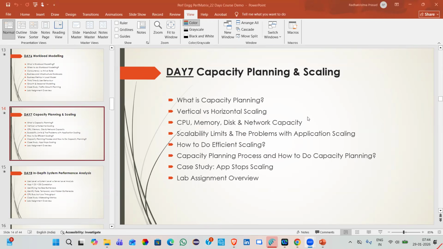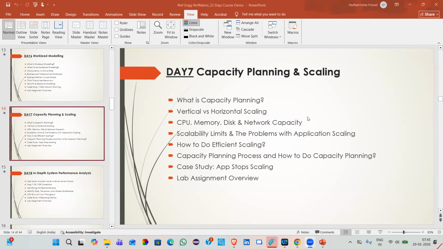Okay. So here, there are some applications where some teams, to improve the performance and to do the capacity planning and scaling, will introduce stateless design. I'll tell you what it is in the upcoming sessions. We'll also talk about how horizontal scaling and vertical scaling will